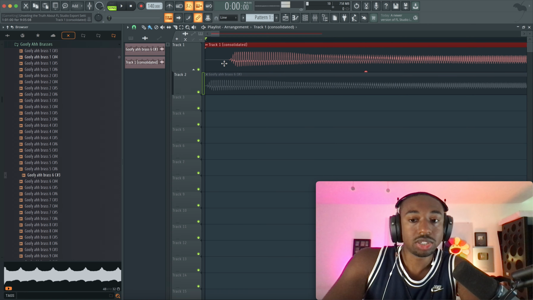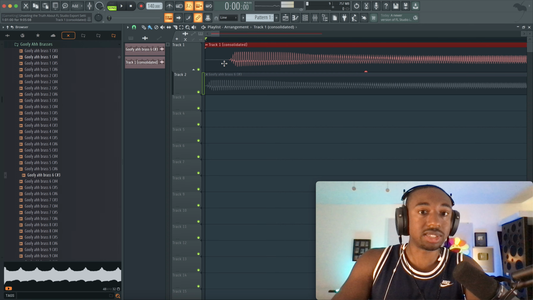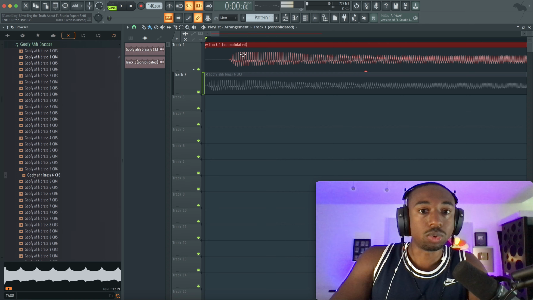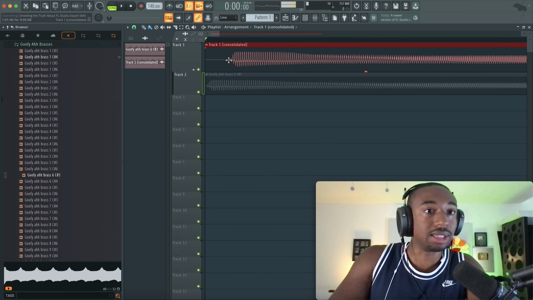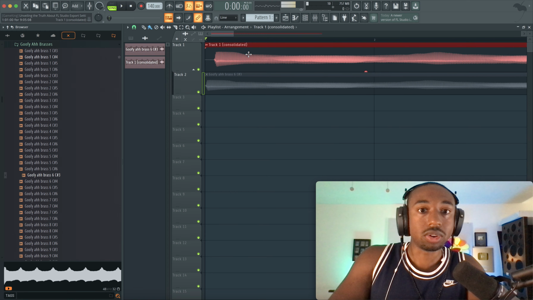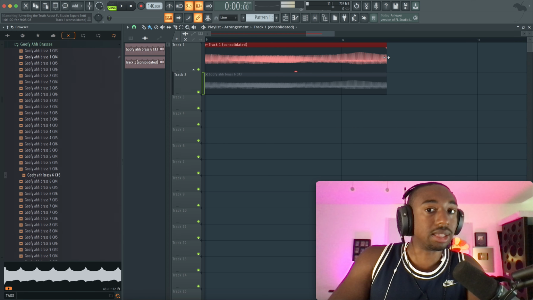So if you guys have this issue, I figured out why it happens, and I'll show you guys a workaround for those who sound design and make loop packs and stuff. So this can ruin your loops, because here's what happens. Not only is it just a matter of adding silence in the beginning, if you have cut remainder on, it actually cuts the end of the sample. So you're missing information at the end of the sample.